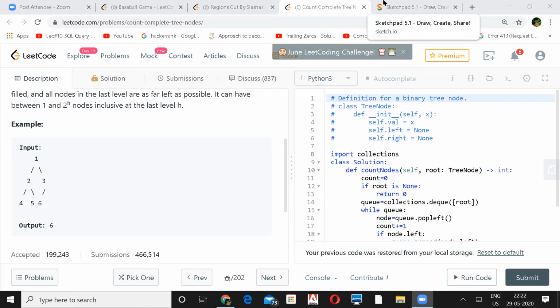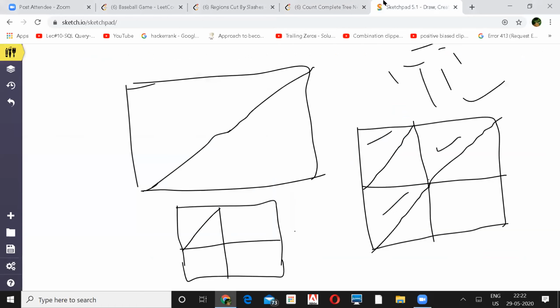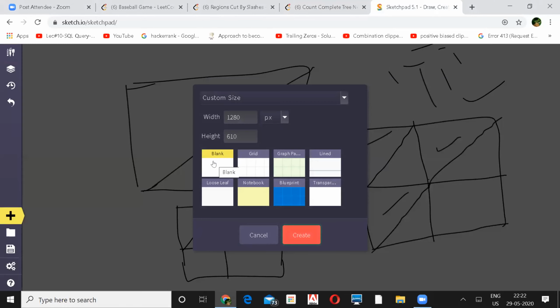Yeah, online board is a sketch pad. There is sketch.io sketchpad.